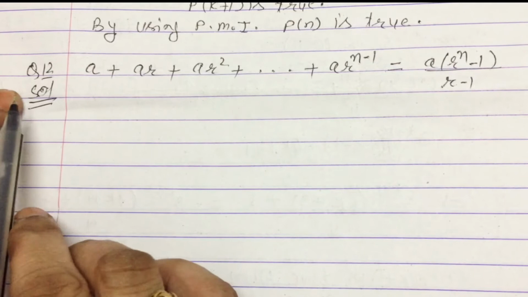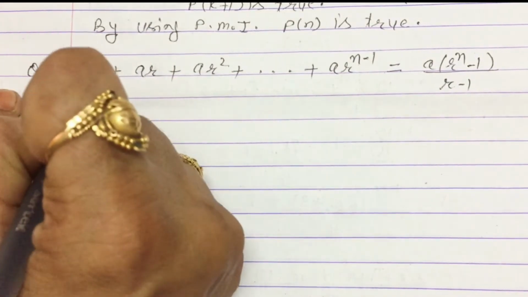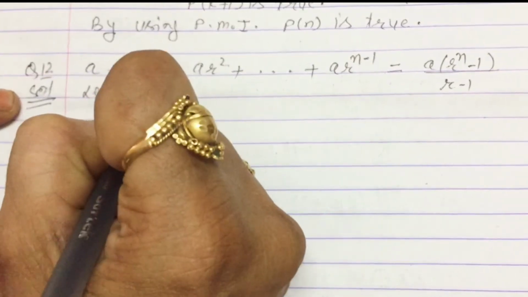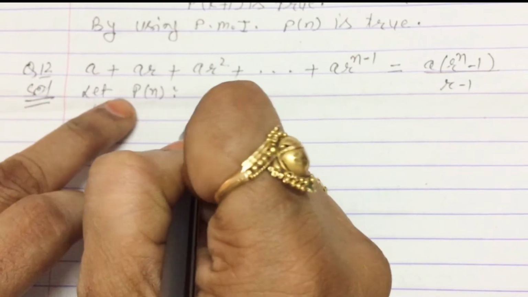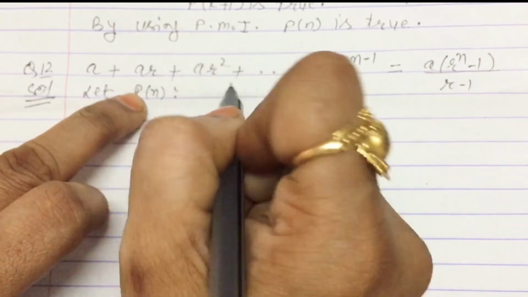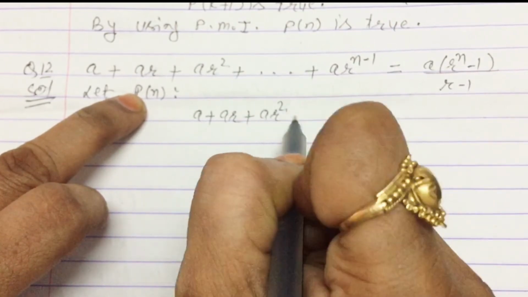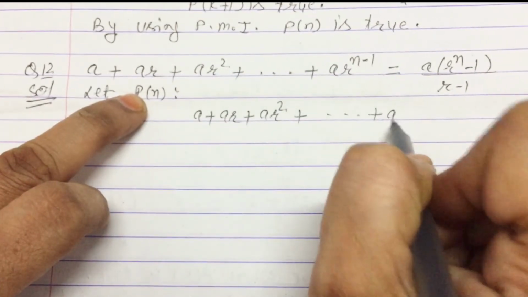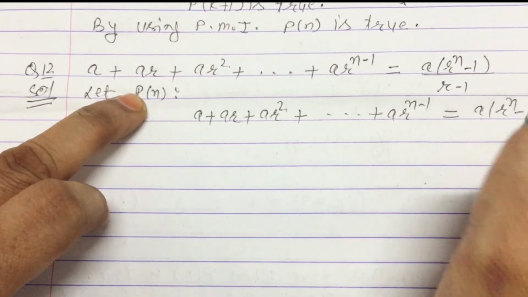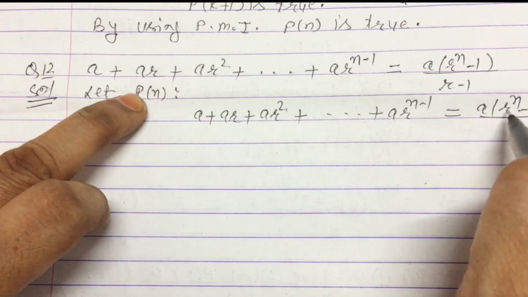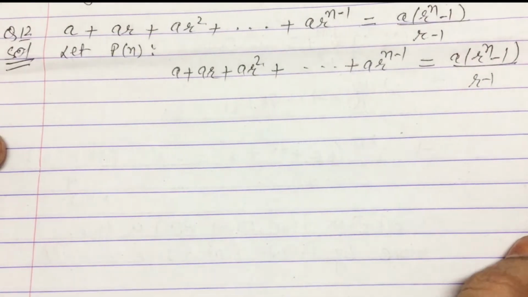Now I am going to solve question number 12 by the same method. So first of all, let the given statement be Pn. So here write Pn is A plus AR square, and here it is AR raised n minus 1 is equal to A times R raised n minus 1, over R minus 1. And now first let